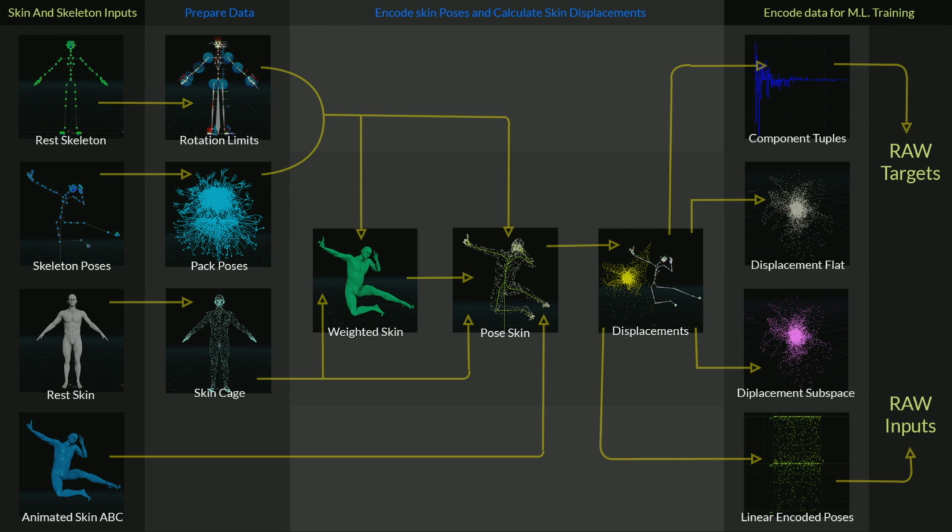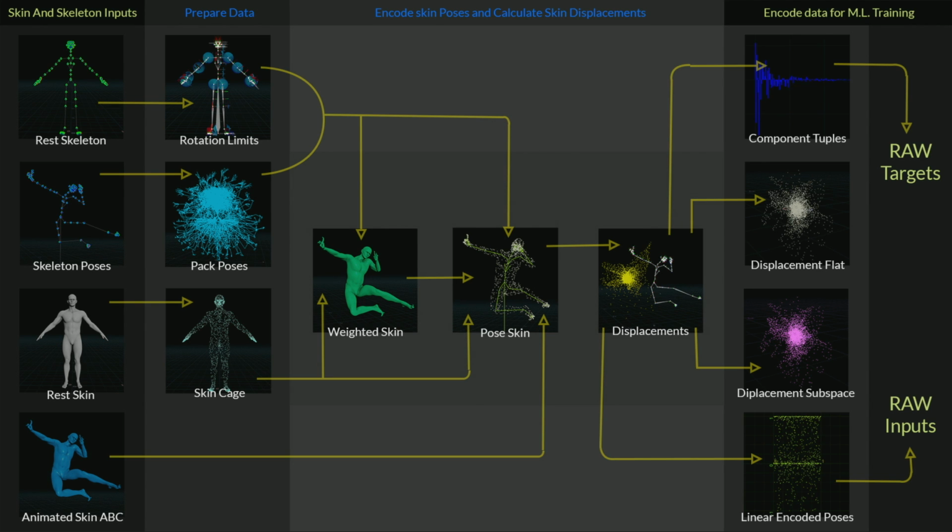And we prepare the displacement, which is our bread and butter. The displacement contains the skeleton in the correct position and the displaced skin. Then we go into the mumbo-jumbo realm, which is component tuples, displacement flat, displacement subspace, linear encoded poses. Sounds nice, actually. And if you tell it to your parents, they will say, oh, so smart my son is. Component tuples are a collection of weights,